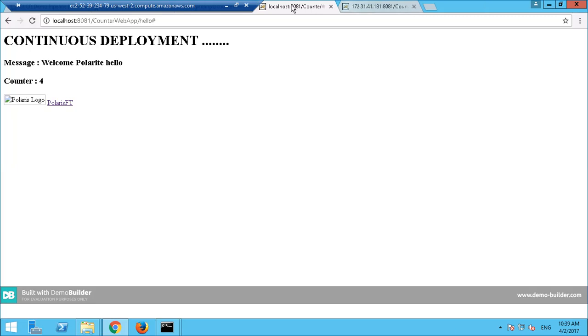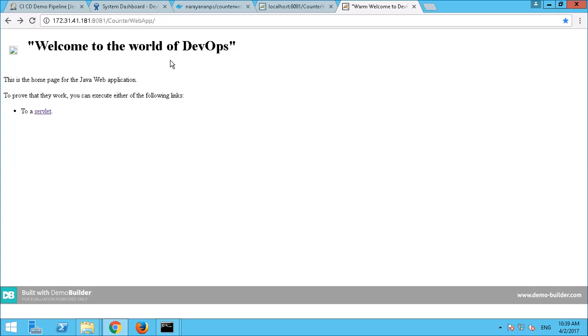So this application is hosted on this local machine on a Tomcat application server, and you can see that the same application is hosted on another machine as well. So this is the QA pipeline, the QA environment that I was talking about. This machine is an Ubuntu machine wherein the same application is also hosted, and post all these three pipeline completion, we will see another machine as well which does not exist at this point in time, which